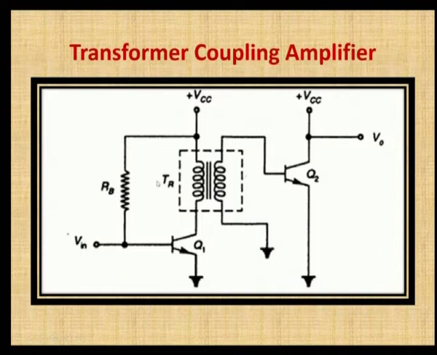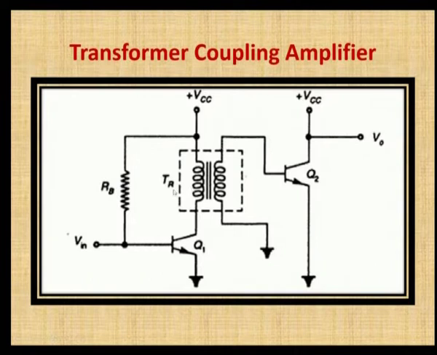When you see the circuit diagram, TR is the transformer which is connected, the primary winding of the transformer is connected at the collector terminal of Q1, and secondary is connected to the base of Q2. So, the primary winding is considered as load of Q1, and this secondary winding acts as the input impedance of Q2. By the transformer we have coupled the output of Q1 to the input of Q2. So, this is said to be a transformer coupling amplifier,